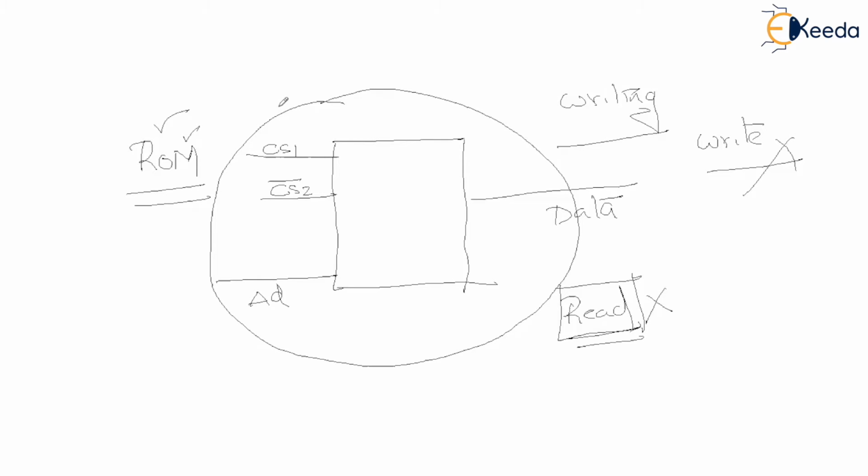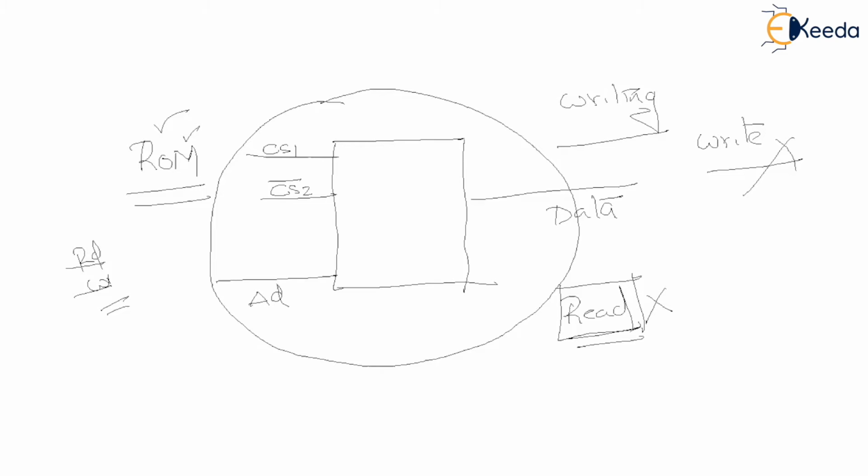Every time ROM gets enabled, obviously, by default, reading will get performed. Whenever there is a choice, as in the case of RAM, we need to have two pins: one is read and one more is write. Whenever we don't have a choice, we don't need them at all. Okay, so this is how we are going to design both RAM and ROM.